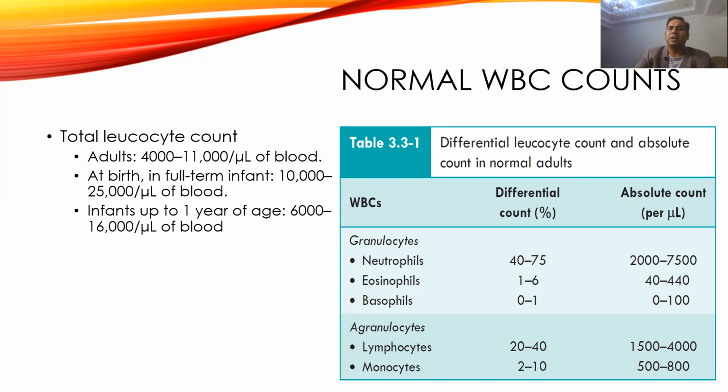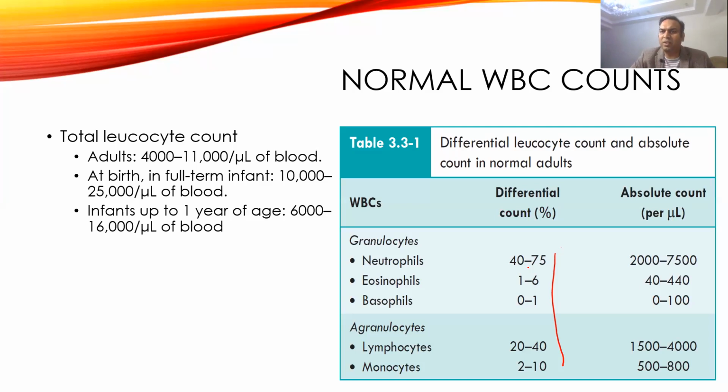Okay. Now, if you see that there are different leukocyte counts for granules, usually we do it in the form of percentage. So these are examples of percentage. Neutrophil is somewhere around 40 to 70%, eosinophil 1 to 5% or 6%, basophil 0 to 1 or 2%. Then lymphocytes is 20 to 40%, and monocytes are somewhere around 2 to 10%.